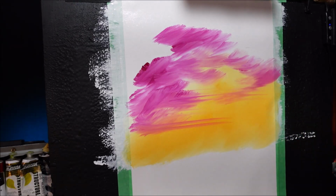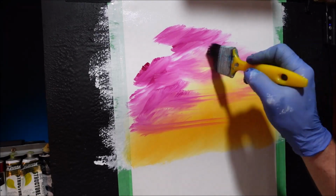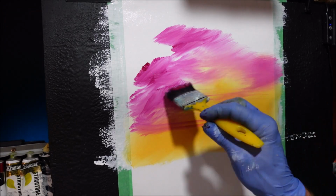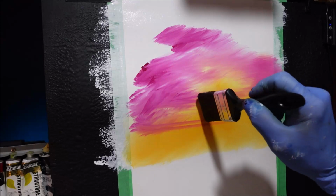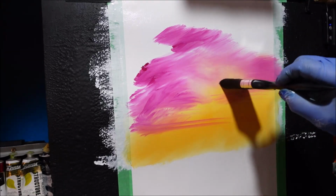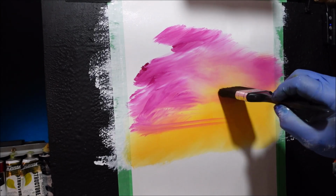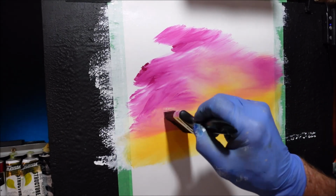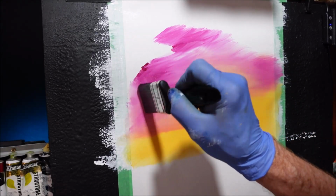But we're going to add some clouds in this later. So now I want to just simply use the tip of this brush and soften that into the yellow there. Or you can even grab a blending brush. Got a brand new one out of the packet here, so I'm just going to blend that into the yellow. Look at that, it's like airbrushing really, isn't it? Get those lines in there. Now don't forget, like I said, I'm going to add some clouds into this, so don't be too pedantic. Watch the whole video so you know exactly what was in my mind